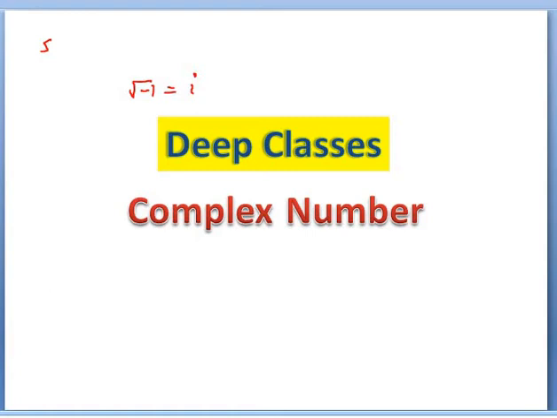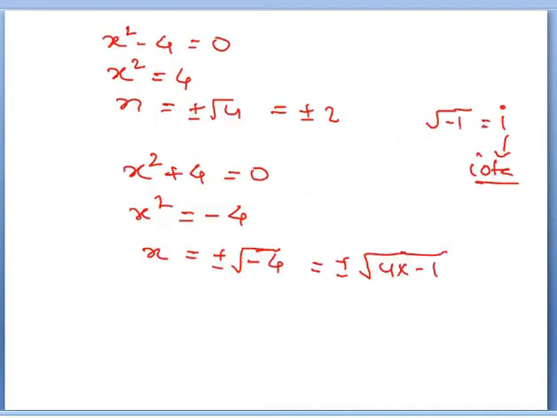Today's topic is complex numbers. So we learned about how we can find the roots of quadratic equations. But when we get a non-real number, like whenever there is root under -1, then we call it i, which is known as iota. So today we'll discuss iota, what a complex number is, how we can find the values of a complex number, and how we can perform addition and subtraction of complex numbers.